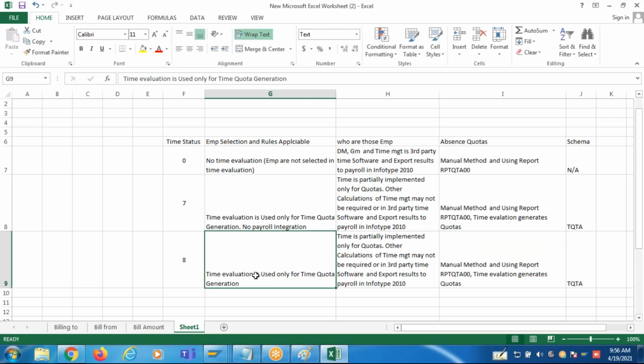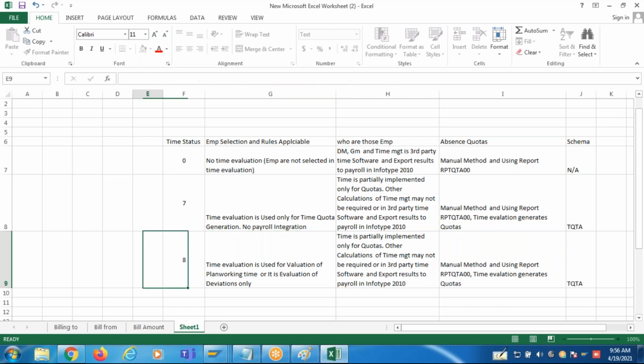Time evaluation is used for evaluation of planned working times. 8 is incorrect, it should be 9, or it is evaluation of deviations only.